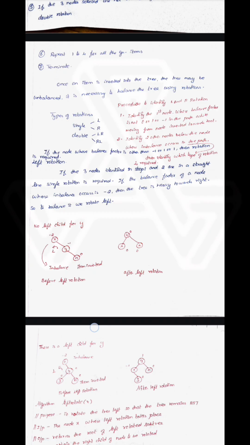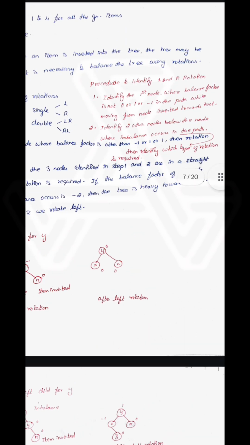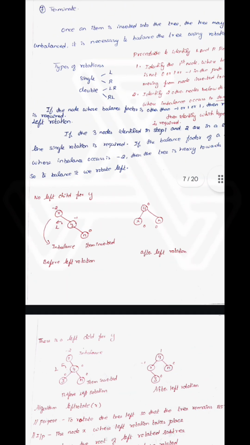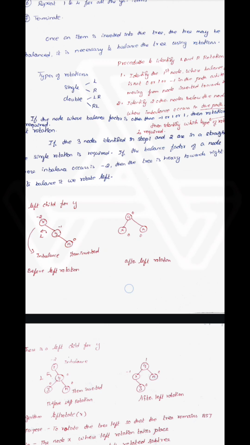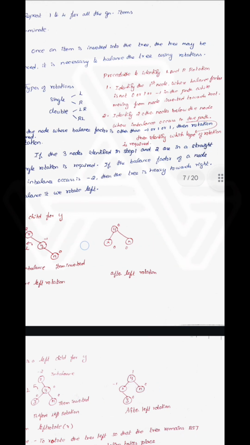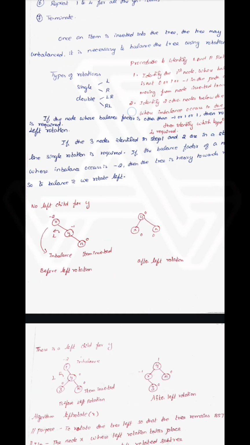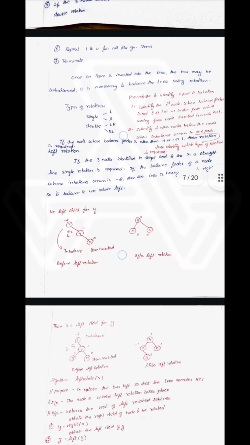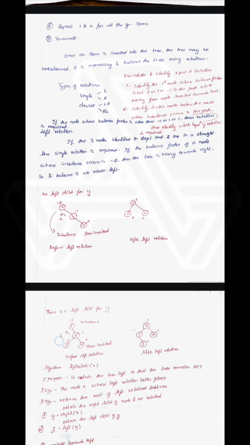Identify the first node where the balance factor is not 0, 1 or -1 in the path. While moving from the inserted node towards the root, identify two other nodes below the node where imbalance occurs in the path. If the balance factor of a node is other than -1, 0 or 1, then rotation is required. Then identify which type of rotation is required. If the three nodes identified